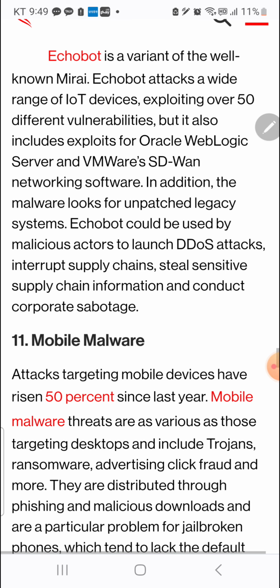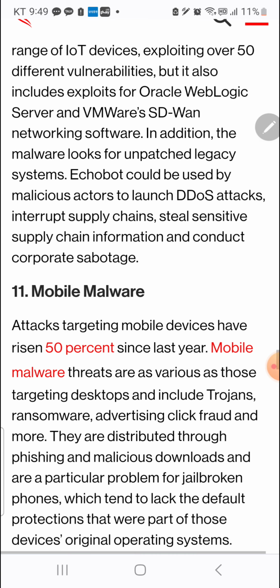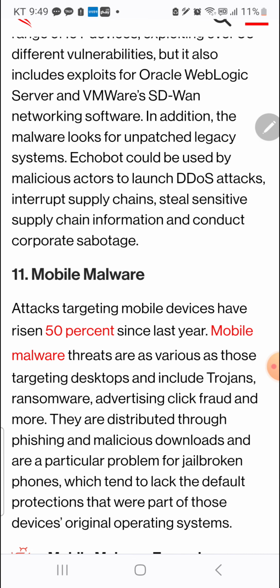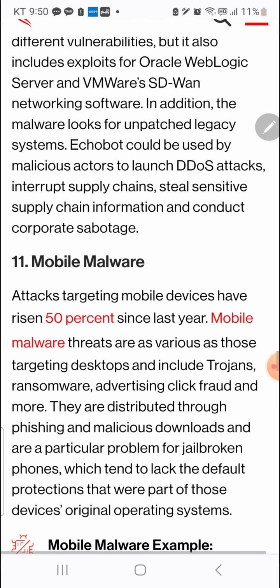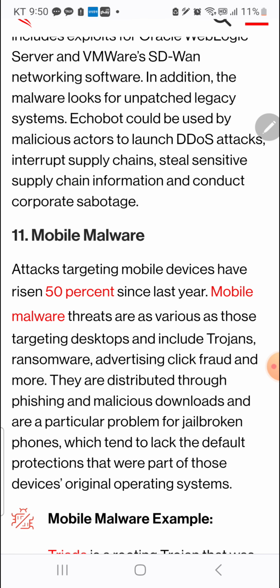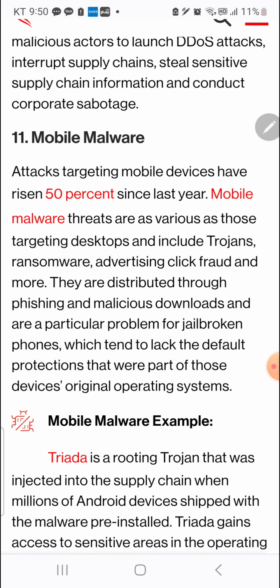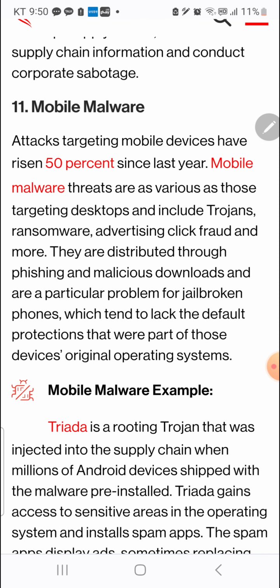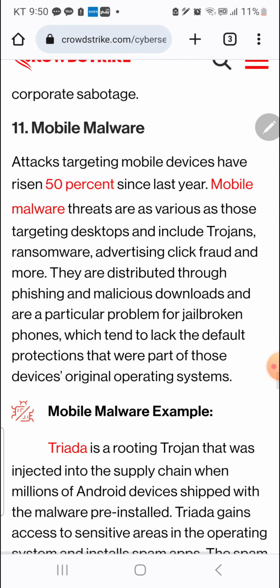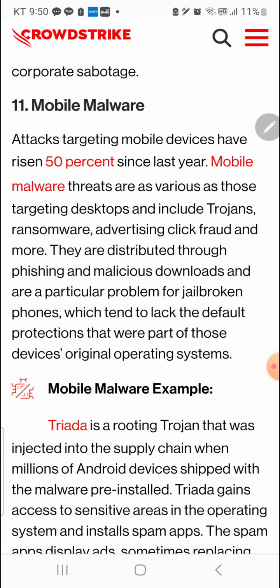In addition, the malware looks for unpatched legacy systems. EchoBot could be used by malicious actors to launch DDoS attacks, interrupt supply chains, steal sensitive supply chain information, and conduct corporate sabotage.